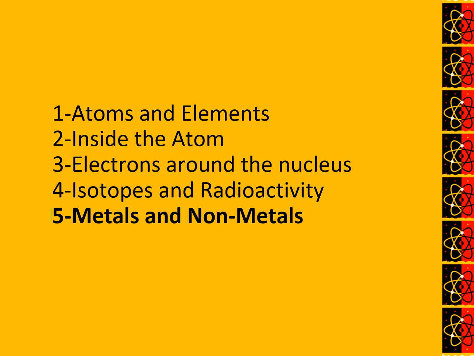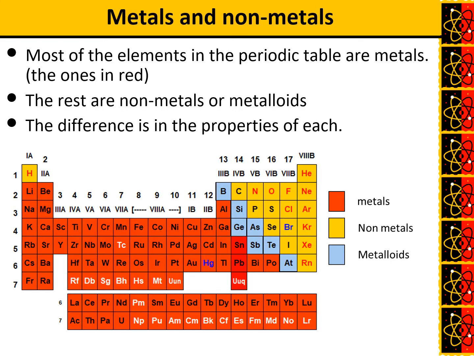Okay, this is the last part of our chapter. We are going to talk about metals and non-metals now. We saw that the metals are in the lower left part of the periodic table. The non-metals are in the upper right part. We are going to see which are the differences between the properties of metals and non-metals in this last part